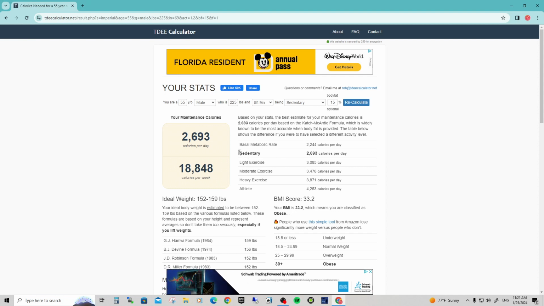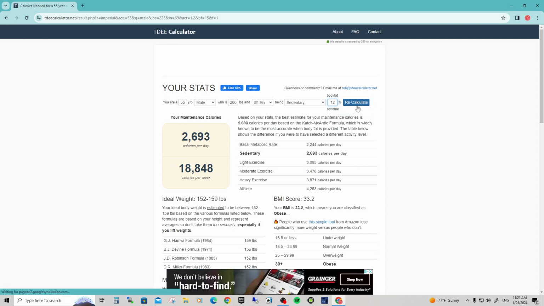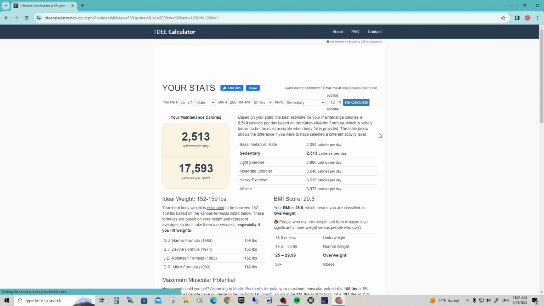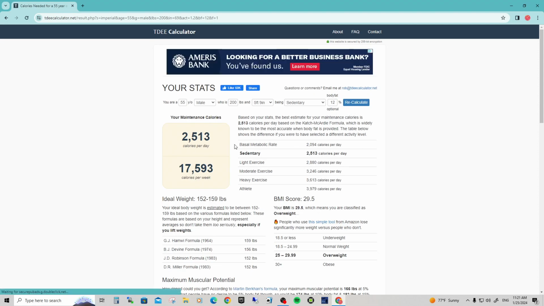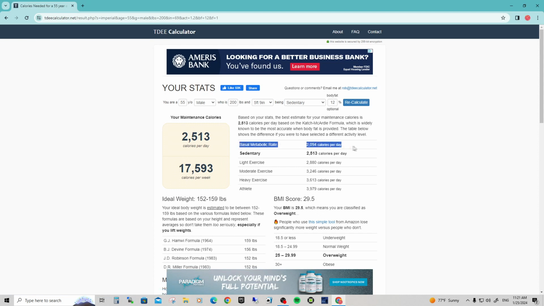Okay? So let me emphasize that. Our basal metabolic rate changes. Let's say I'm very successful. I lose 25 pounds. I'm now 200 pounds. And my body fat would go down too, wouldn't it? My body fat, if I was 225 and 15%, I might only be 12% here. And I'm going to recalculate. Oh my goodness. My basal metabolic rate is only 2,000 now. If I stayed at the old numbers, 2663,